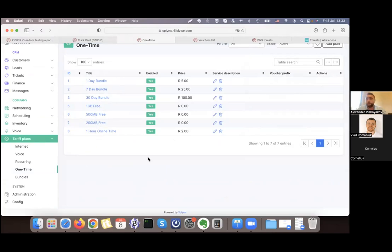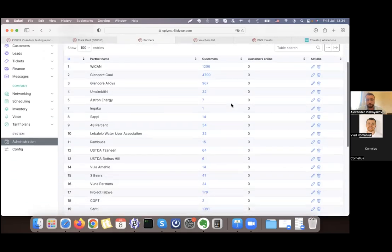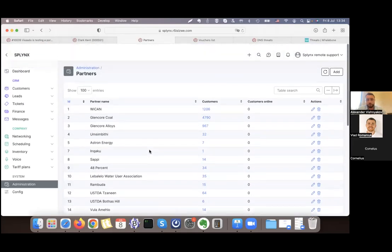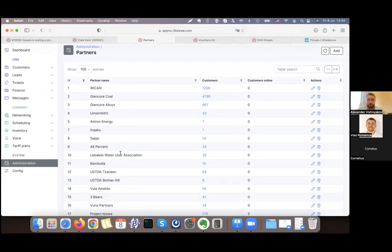What we did in this release already is that we also allow working with a different splash page per different reseller, distributor, or location. So for example, in the eSysV network, if I go to partners, we can see that they have 32 different locations. Some of them are partnering organizations that provide internet to their employees or to their area. And so based on the SSID, we can show a different splash page or a different design of the